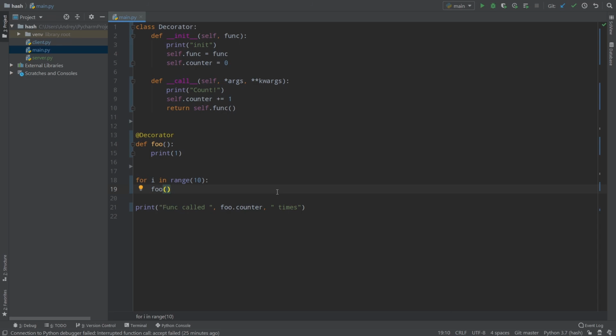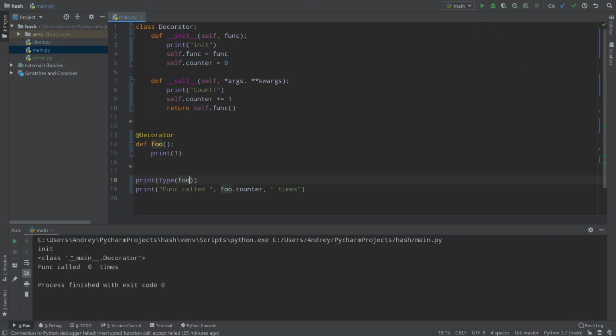Now let's print the type of foo. So let's print the type of our function foo. We don't call foo because it would return the function, but print the type of foo. As you can see, it says class main package dot decorator. So now we use only the decorator itself. We have no function foo. It's only stored here in the decorator, but actually we will never use it in our code like foo print 1, because